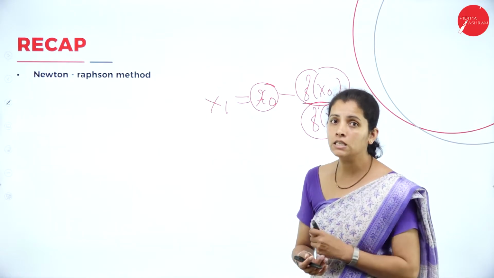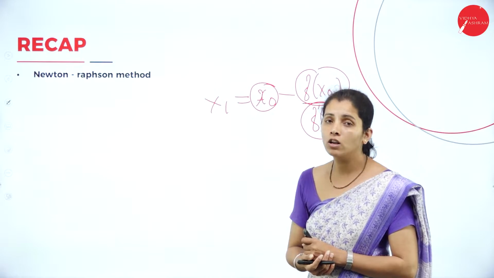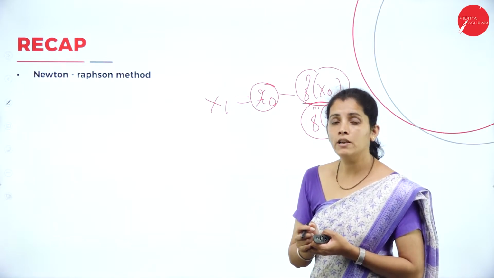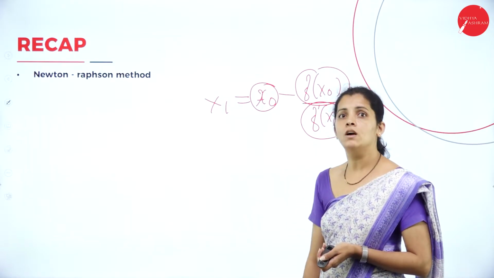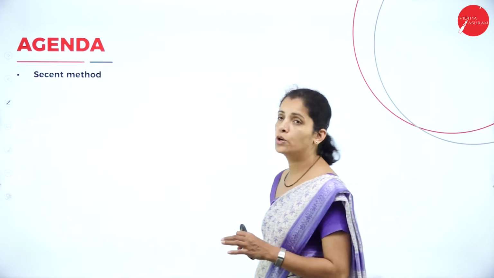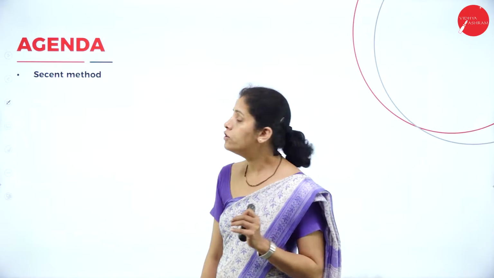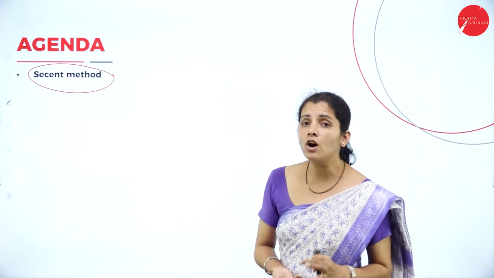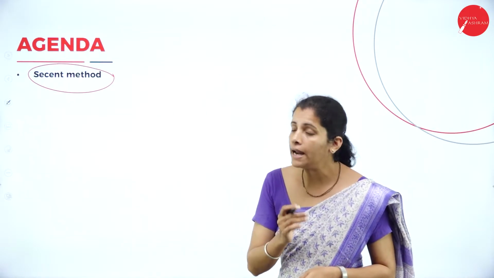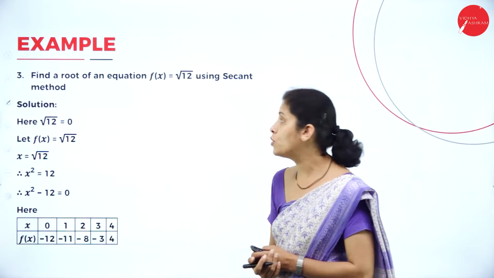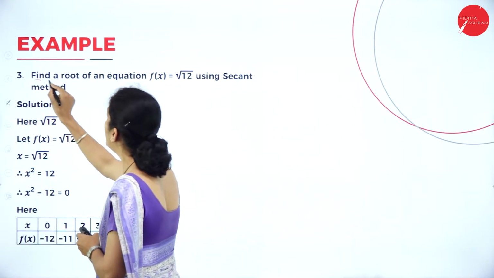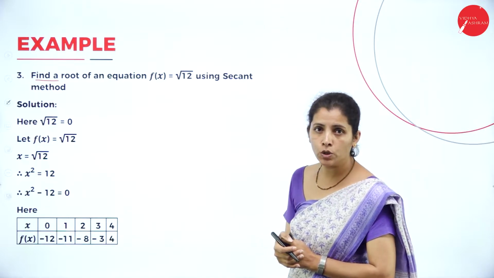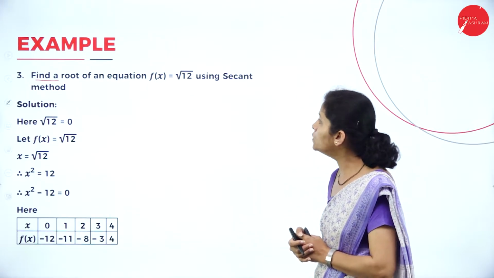Along with that, we discussed the secant method and algorithm, how to find out the roots of a given equation using the secant method. Once again, in today's session, I'm going to deal with a few more solved examples under this secant method. So dear student, instead of wasting much time, let's directly move on to the third problem, that is the third question. Find a root of an equation, that is f of x equal to square root of 12, using secant